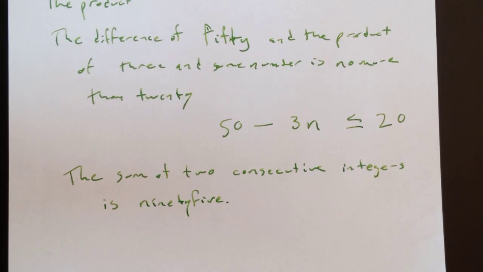I have just brought in a word you've not seen before. What's an integer? Integer is geek speak for a whole number, either positive or negative or zero, but a whole number. 3, 17, 143, but not 2.6 or the square root of 7. It's got to be a whole number.